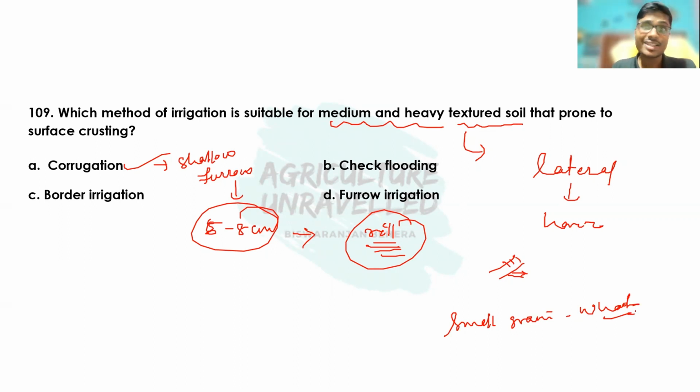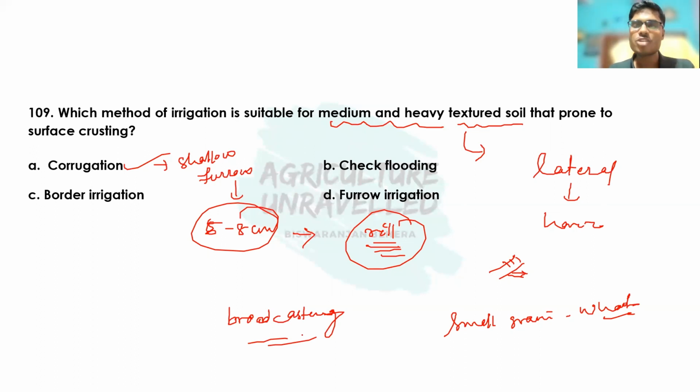Okay, and furrow irrigation is generally practiced in row crops like maize, groundnut, potato, cotton, sugarcane. In that, furrow irrigation is practiced. Border strip is practiced in close growing crops like alfalfa, pasture, wheat. We can also go for groundnut. So these are the crops. Okay, remember, corrugation is also practiced in case of crops which have been sown through broadcasting. This is also an important question. Okay, so remember these small things which can be asked in your examination.